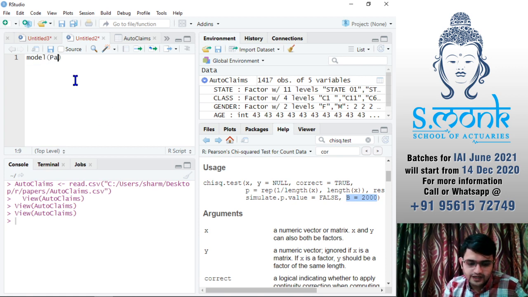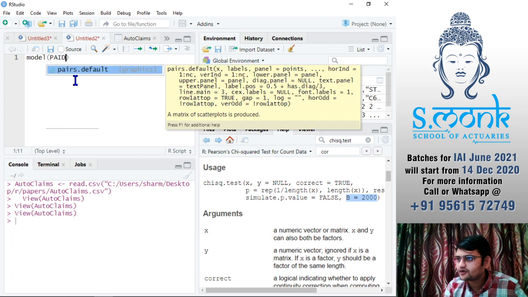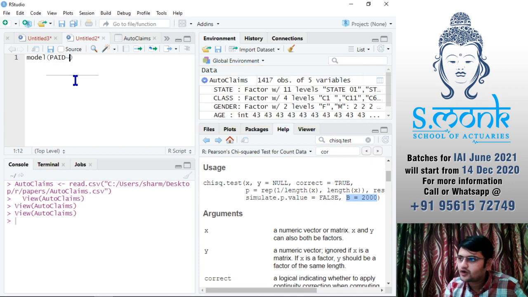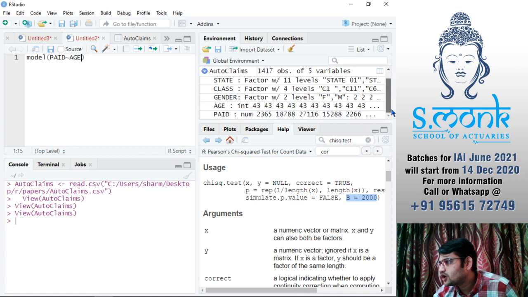I'll have paid as my response. Everything is case sensitive, so you should be very careful about it. Follows, they said age is a numerical variable and it is automatically numerical, and all the others are factors. So they have already given you all the other values as factors.